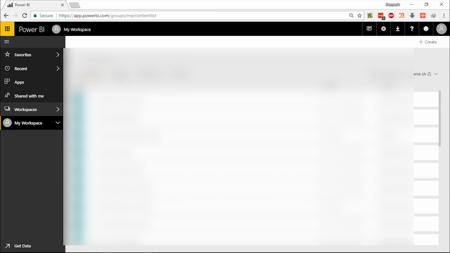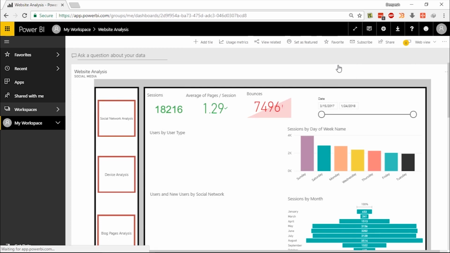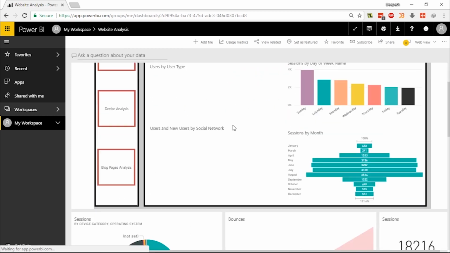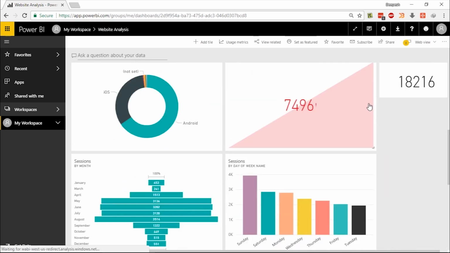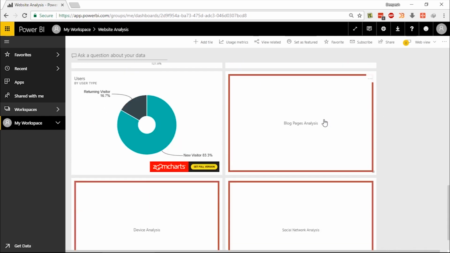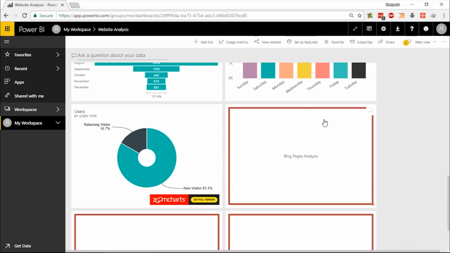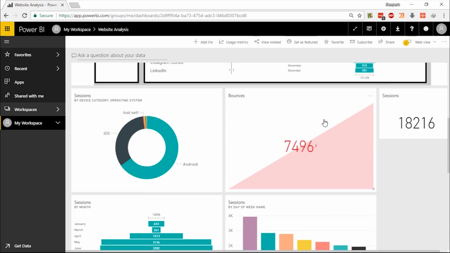So I'll go to my dashboard. I'll jump back to my website analysis dashboard. So this is my dashboard. As you can see, I first made the live page pinned whole. So this whole is coming all together. Then these particular visuals, they are coming one by one. So this is how this should look. If you want to edit it for a Power BI mobile app, then they should come all alone, because it would be very easy for you to manage when you want to see them in a mobile view.